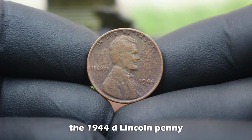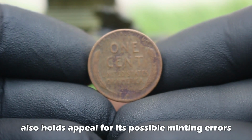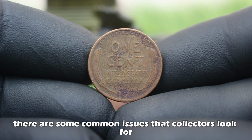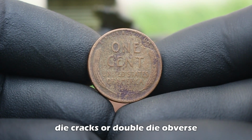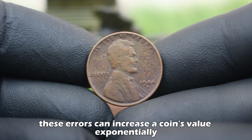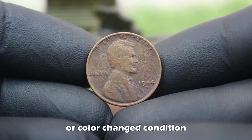The 1944 D Lincoln penny also holds appeal for its possible minting errors. While errors in this series are relatively rare, there are some common issues that collectors look for, such as off-center strikes, die cracks, or double die obverse. These errors can increase a coin's value exponentially, and when paired with a coin in dirty or color-changed condition, they